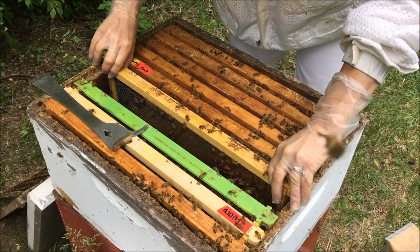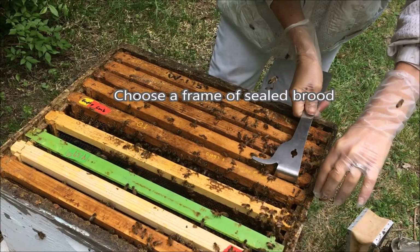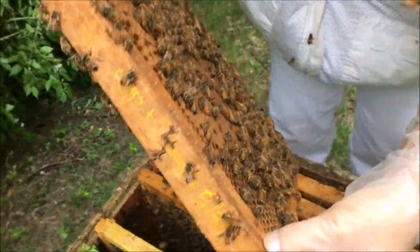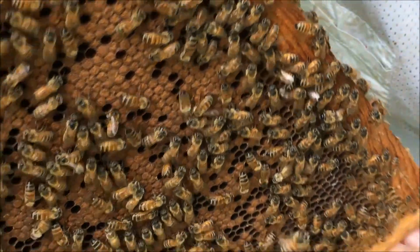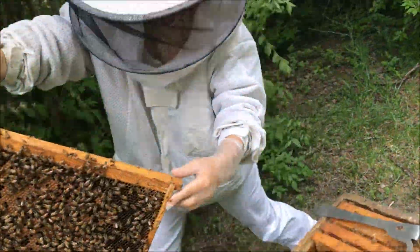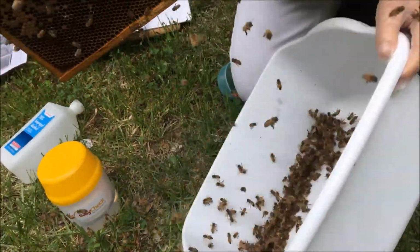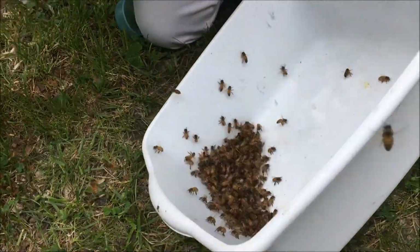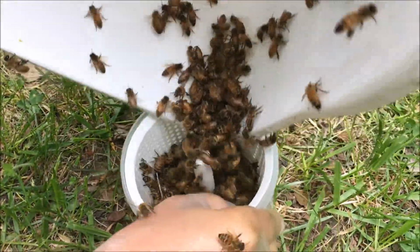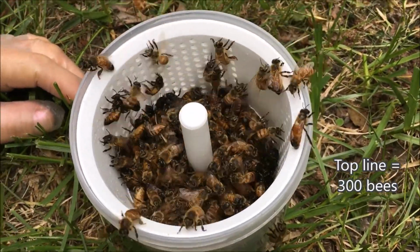To get bees for the Easy Check, choose a frame of sealed brood. If you always choose a frame of sealed brood, you will avoid data confusion over what brood stage has the most mites. You will also be more likely to avoid mite washing the queen. Look for the queen on the frame and remove her if you find her on that frame. Shake the bees into the catch pan. You can shake the pan a little to consolidate the bees into a clump and keep them from flying off. Then you can scoop the bees with a measuring cup, or you can pour them directly into the Easy Check. Try to get it to the line for 300 bees. Then screw on the lid